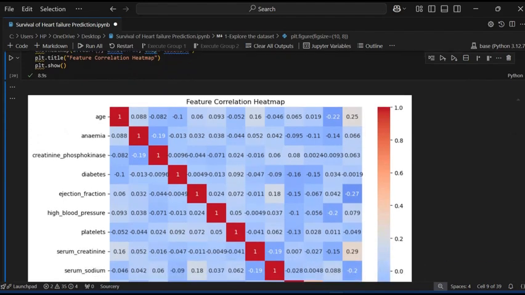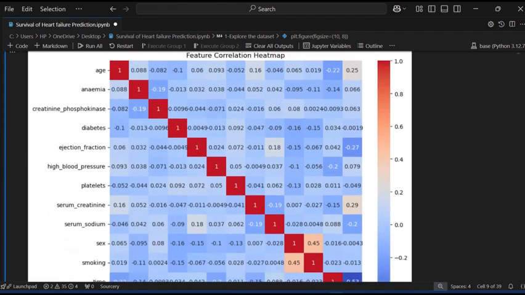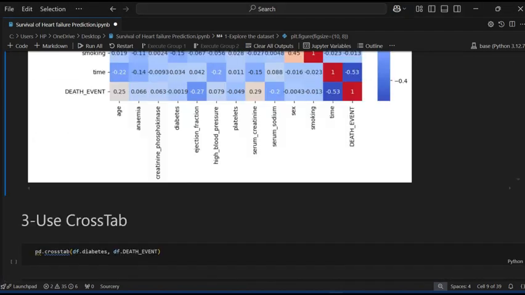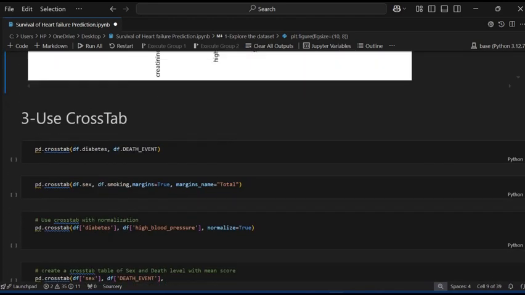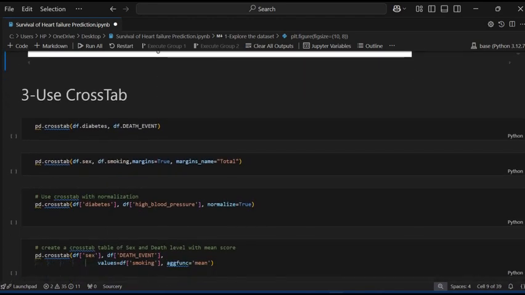So you can see the correlation, for example anemia. These are the relationships.